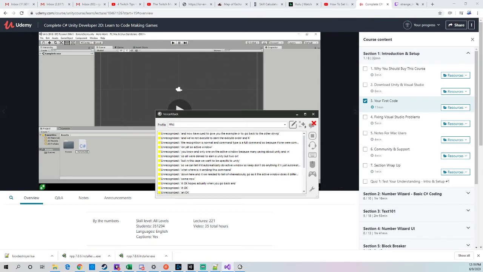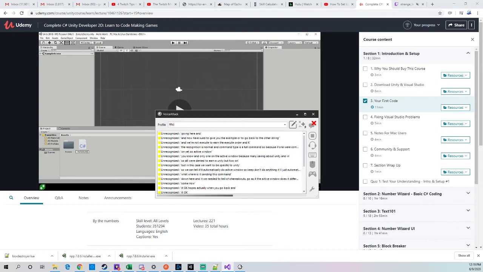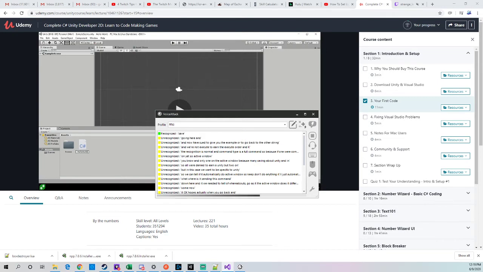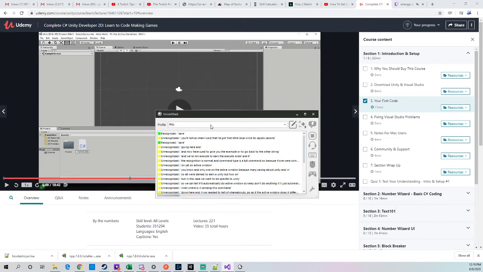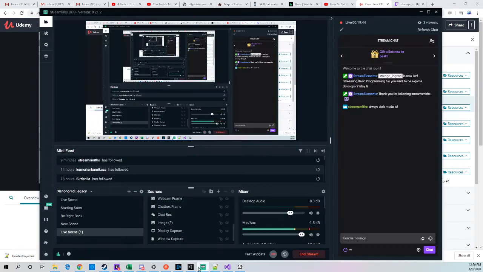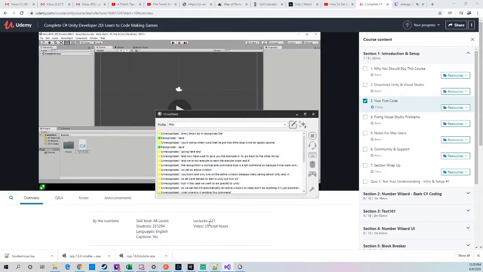Go in here, and save. You'll notice when I said that, you got that little blue circle for a quick second. Save. Every time I do it, it recognizes the command. Are we on the right screen right now? I keep second guessing myself. All right, so it was on the wrong screen, but you get to see it. It recognized it. It sent the command, and then over here,